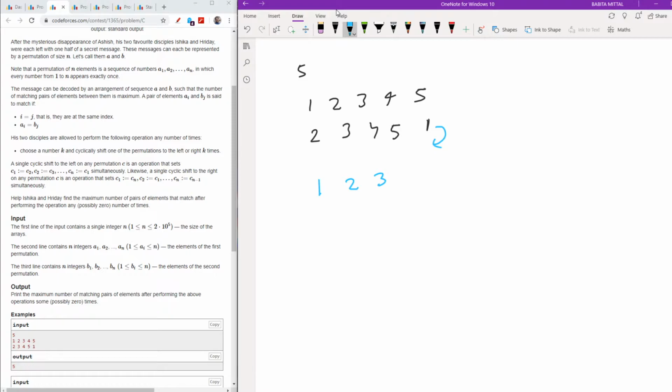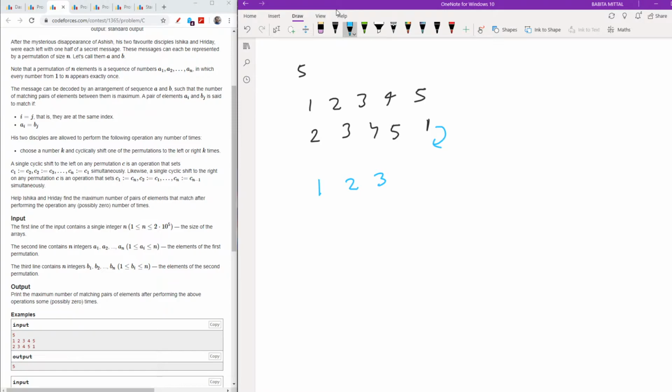Understanding how I shifted it? It will come here, it will go here, it will go here, it will go here, it will go here. So as you can see, these are same, these are same, these are same, these are same, and these are same. So how many matches are there? There are 5 matches. Thus my answer is 5.